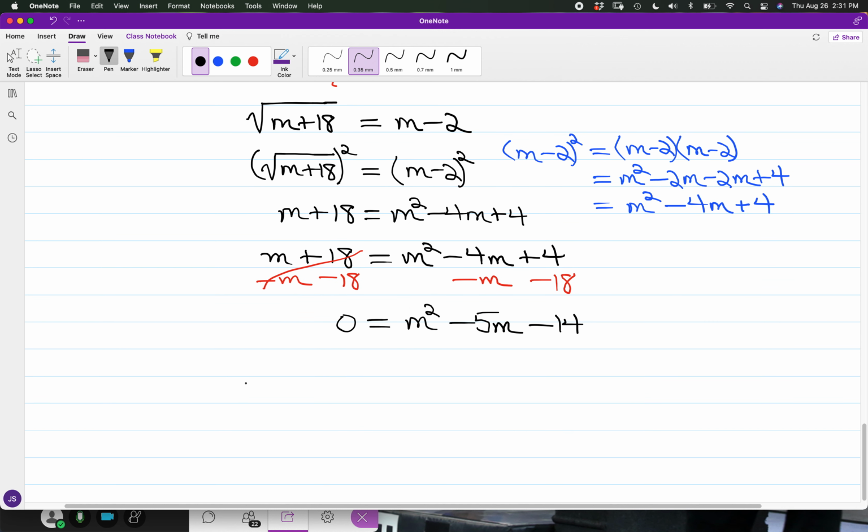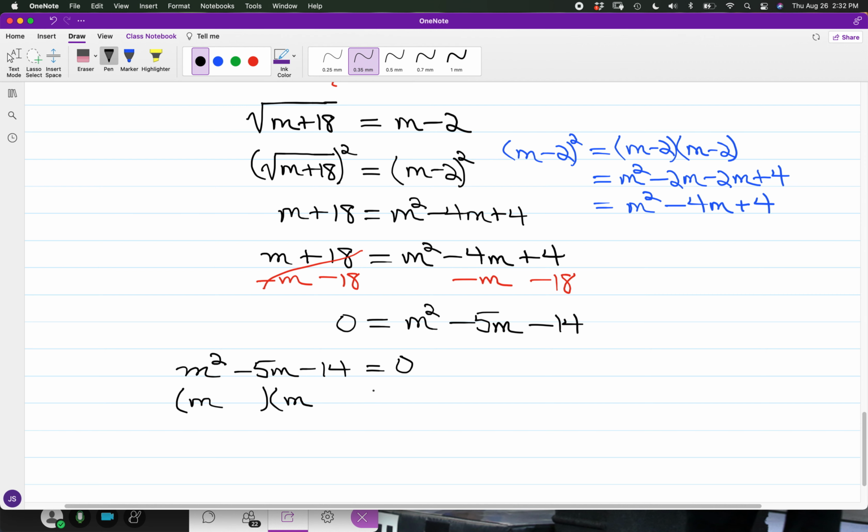And to set things up, I'm going to do a switch around. Again, this is optional. But with m squared minus 5m minus 14 equal to 0, I have the created pathway to utilize the